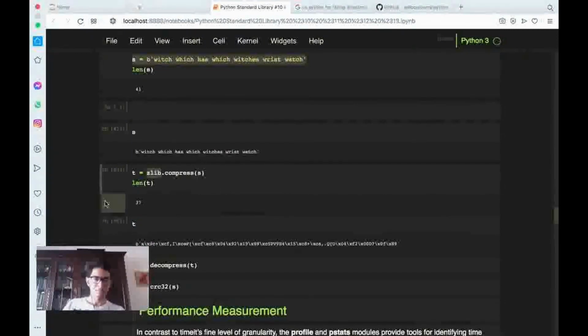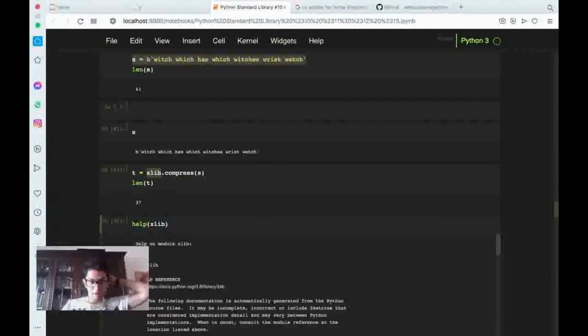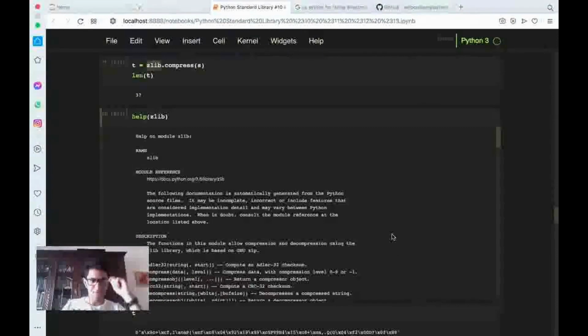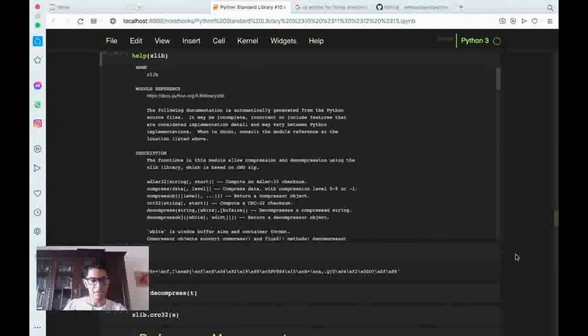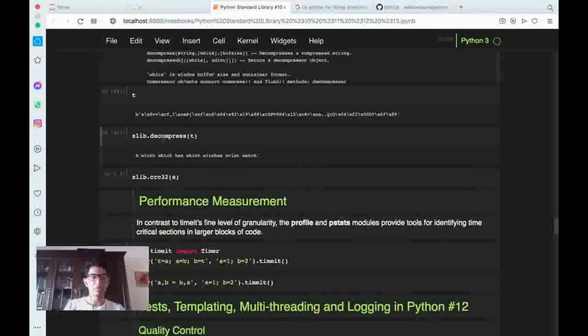algorithms. You can even check what the compressing algorithms are. I think I have made something about it. Yeah, here we have another compress. Here we can decompress t. t doesn't really have a nice way of seeing it, but you can decompress it and see it in the